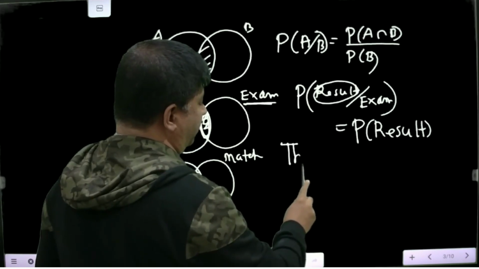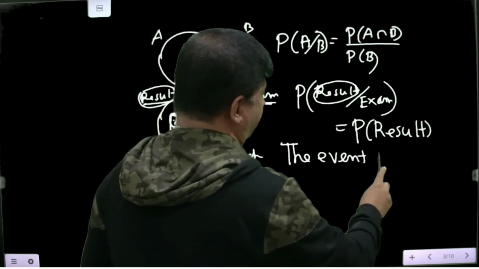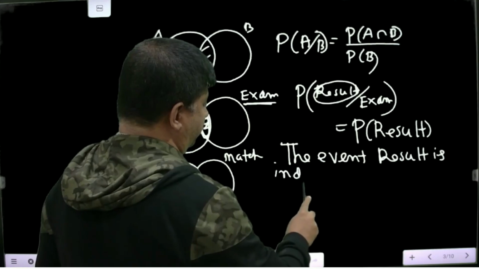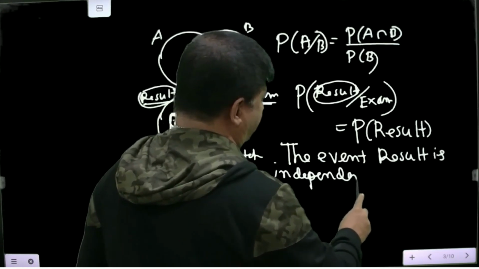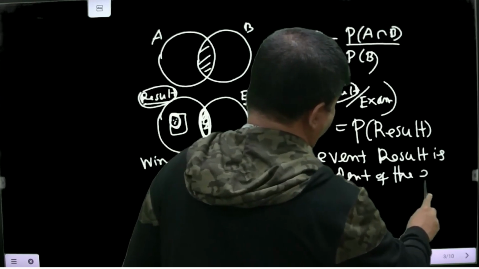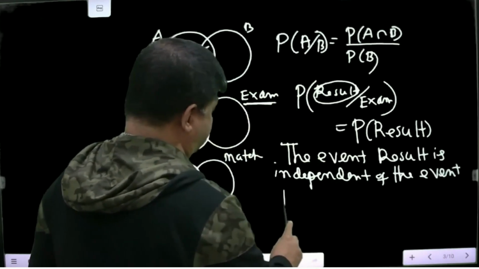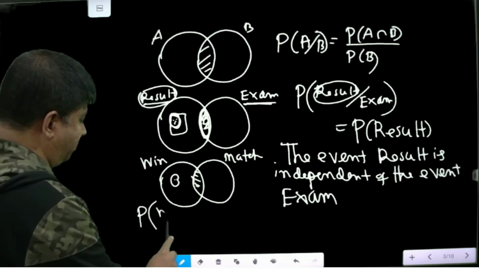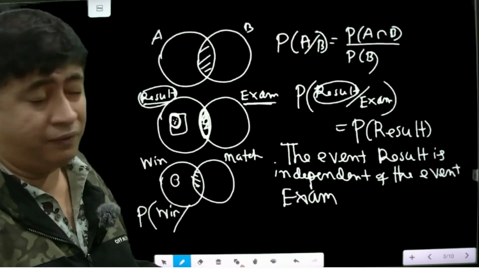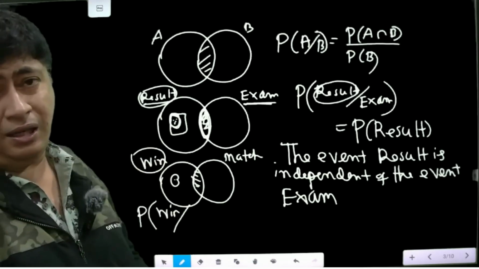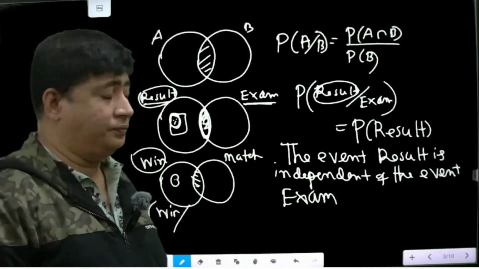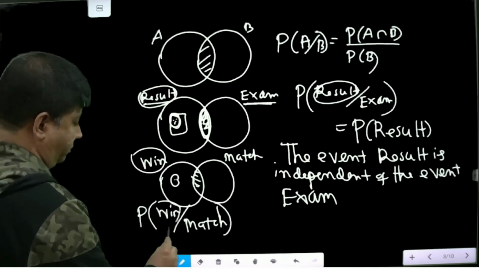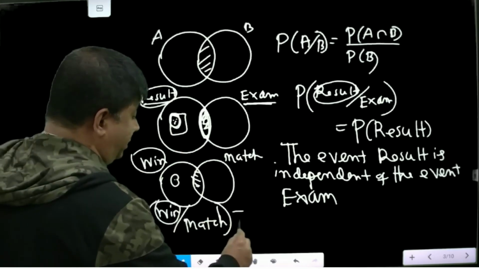So in this case, the event result is independent of the event exam. Or in this case, suppose without playing the match, if one team is selected as winner by tossing or some other rule, that means whether the match occurs or not, the team will win somehow. In this case,